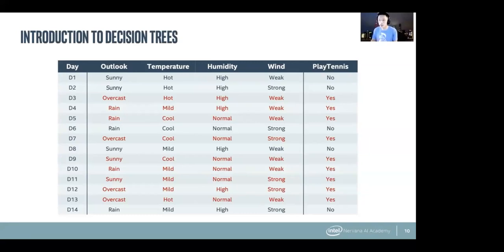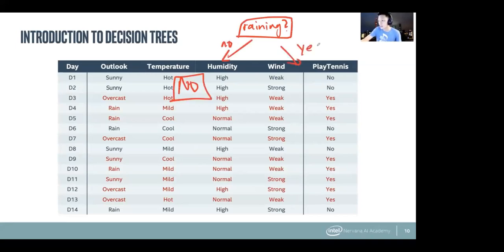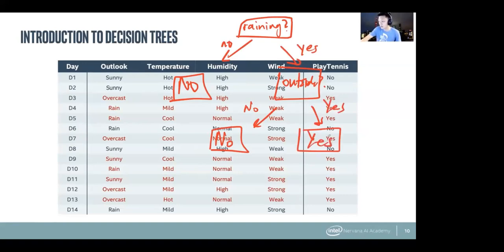I was thinking that it might be a little bit more complicated because, for example, if you're not going to be outside for very long, then you might not need to wear a raincoat, right? So we can write this down. Raining, this is your first decision. If it's a no, then obviously you don't want to do that. If it's a yes, then you would ask another question, like, am I going to be outside? If the answer is no, then probably you don't even need a raincoat. If the answer is yes, then you need a raincoat, right? So this is a decision tree. This is probably the decision tree that you would go through when you're trying to determine whether you want to wear a raincoat or not.